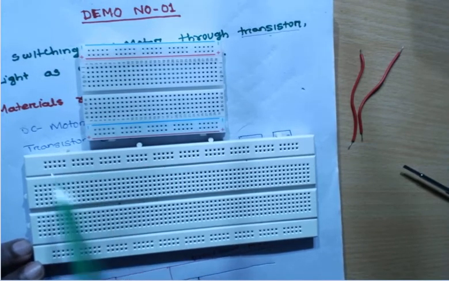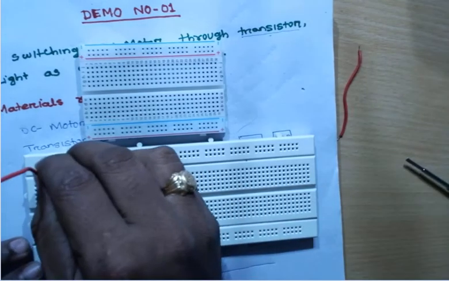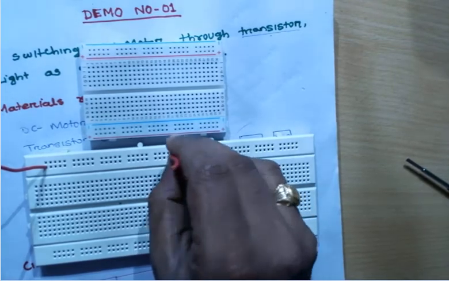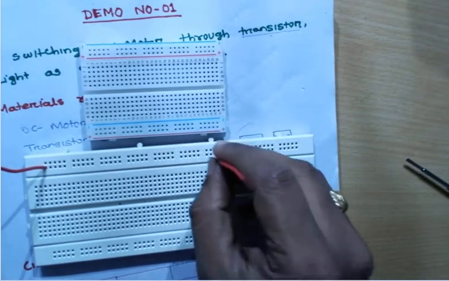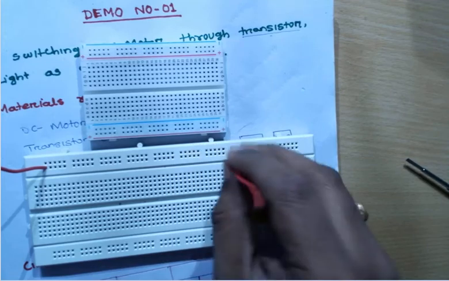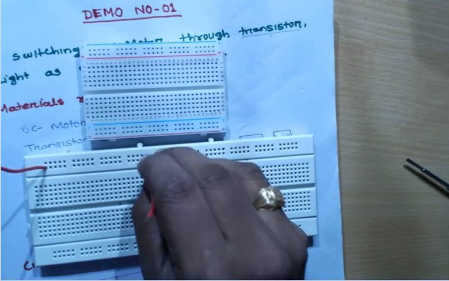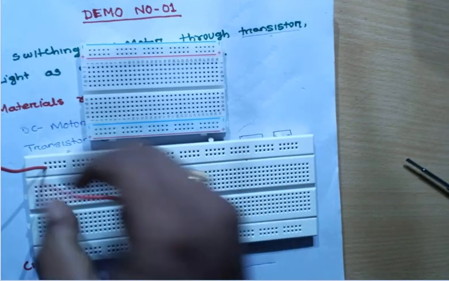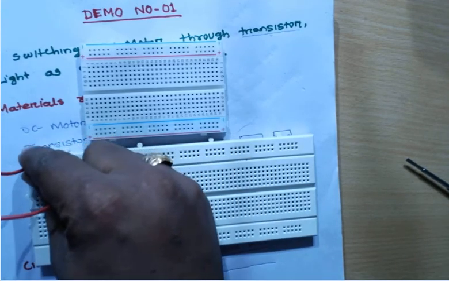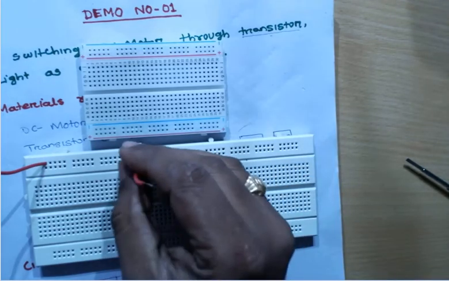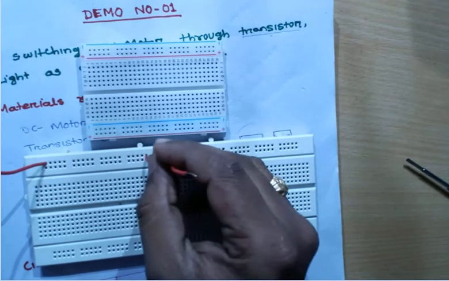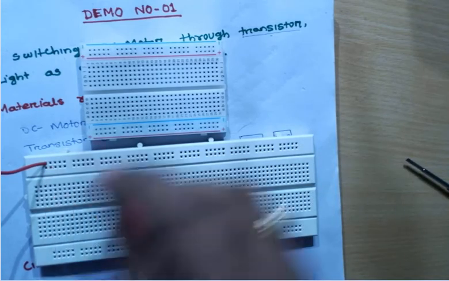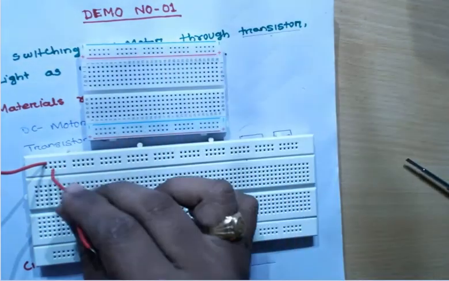This 5 is internal. Suppose I give the 5 volt over here. I can get 5 volt up to this point only. I will never get 5 volt from that point. I will get the 5 volt from this point, this point, this point, and this point. Likewise, suppose I give the 0 volt over here. I am getting the ground, the common point or 0 point, from this point or this point, not from this, because I am giving it here. This bus bar is completely internally connected, but this is not.